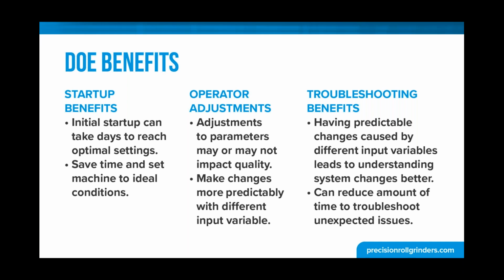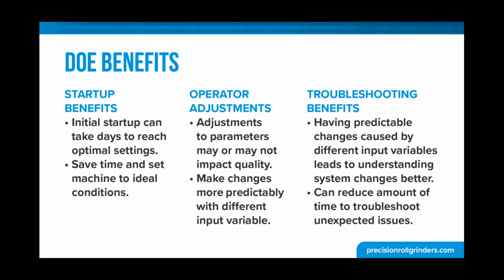And so with a DOE, if you can optimize or understand how all the variables and your adjustments are affecting your process, you can start up that machine at the exact setting that it needs to be so it can run properly. The operator adjustments, in all manufacturing processes, you've got your machine operators, and they have the ability to make these adjustments. And some of the adjustments that they're making may or may not be affecting the quality of